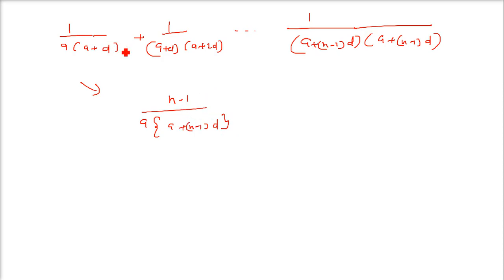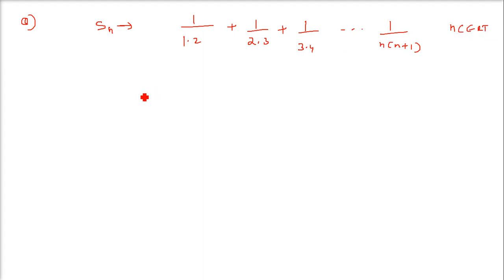I'll take an example and try to explain this, how we get it, and you will know the proof also, how when we added this one, this came. And if you assume that this is a plus d, a plus 2d. So there are certain terms which are in AP, but they are in the denominator. So let me take a question and then you will be able to understand.